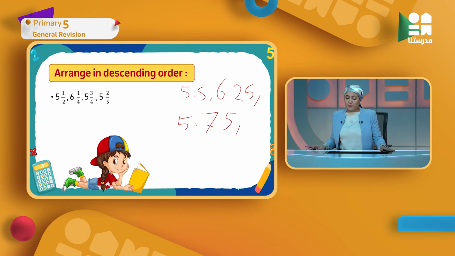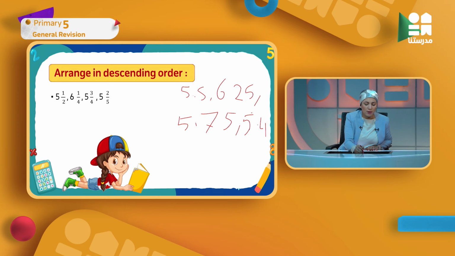The last one is 5 and 2 over 5. 2 over 5 is not a known value, so we will use the long division way to turn it into a decimal number. After solving it with long division, it will be 5.4, because 2 over 5 is 0.4. Now I have my numbers converted to decimal numbers, so I have 5.5,